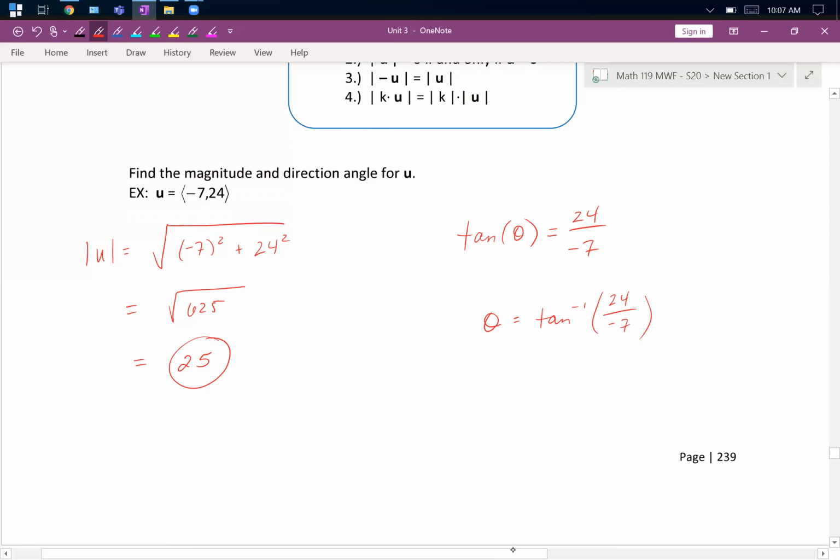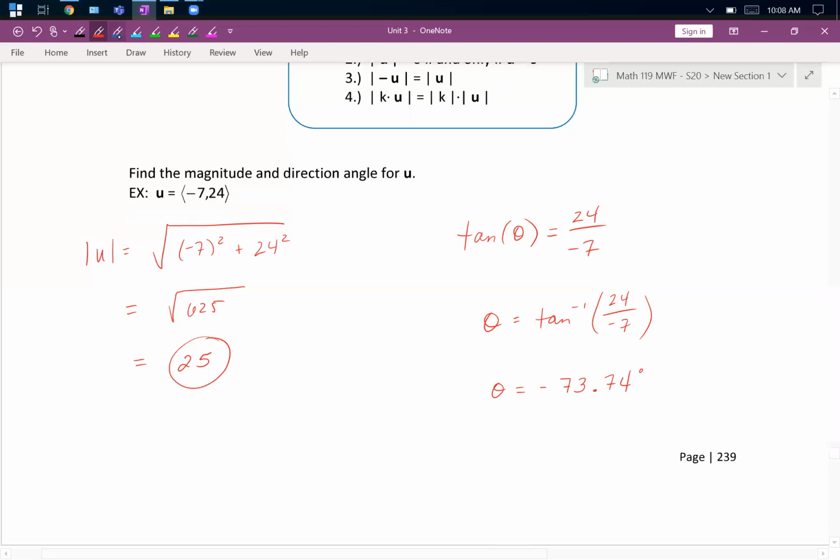And our direction angle, not always, but frequently we use degrees instead of radian measure. When we put this into our calculator, it's using our real definition of tan inverse, which is either from negative 90 to positive 90. So our calculator spits out for us negative 73.47 degrees. So that puts us in quadrant 4, but if you look at our vector and think of it